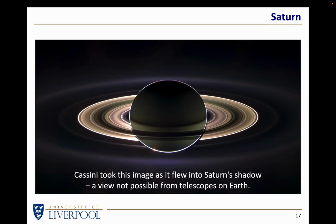And one thing you can't do from Earth is fly into Saturn's shadow and look at Saturn backlit. Of course, from Earth, we can only see Saturn lit from the sun, and we are fairly close to the sun compared to the distance to Saturn, so we see Saturn sunlit. But a spacecraft can fly into the shadow and see Saturn backlit, so some light is coming through the atmosphere, and the rings are being backlit. So again, we get more information about what these ring particles are by seeing how they scatter sunlight. And occasionally we pick up a few moons in here, so-called shepherd moons, which are helping the structure of the